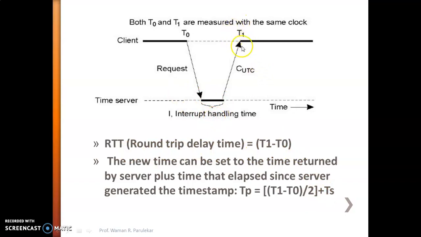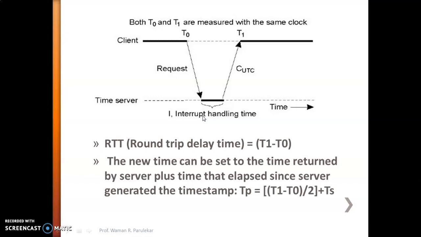अब जो भी टाइम स्टैम्प यहाँ पे सेट होगा T1 पे, क्लाइंट को T1 जो टाइम यहाँ पे फ्रॉम सर्वर मिल रहा है, तो सर्वर ने तो कैलकुलेट किया होगा और वहां से यहाँ आने तक कुछ तो टाइम लगा होगा ना. जो टाइम इलैप्स हुआ है वो भी कंसीडर होना चाहिए, अदरवाइज क्लाइंट को ओल्ड टाइम मिलेगा जो सर्वर ने कैलकुलेट किया है. अब होना ये चाहिए कि जो भी बीच में टाइम गया है ट्रांसफर करने के लिए वो टाइम भी कैलकुलेट होना चाहिए और उसके हिसाब से जो नया टाइम है वो सेट होना चाहिए. फॉर दैट वी आर यूजिंग दिस फॉर्मूला. ओके, वी आर कैलकुलेटिंग द एवरेज ऑफ राउंड ट्रिप डिले टाइम and we are considering the server time also in this algorithm.